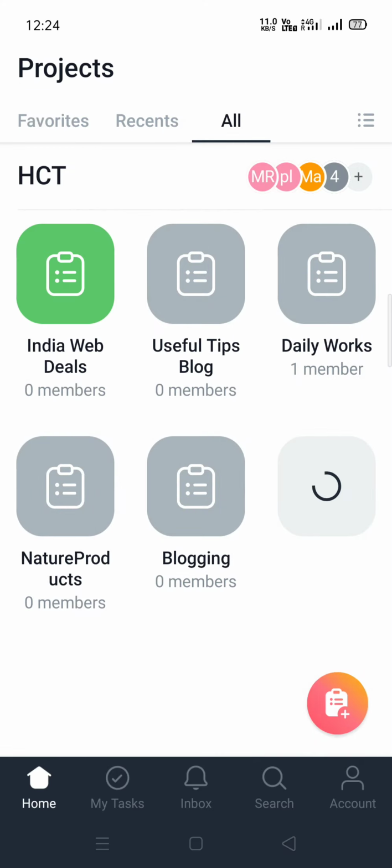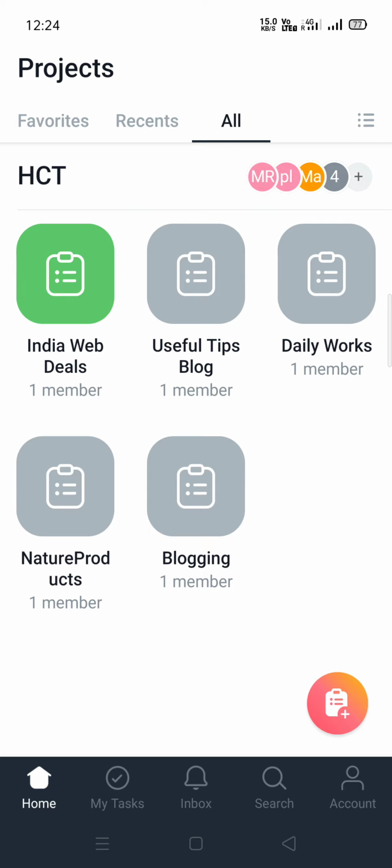So this is the app. Here you need to create the project, which I already created, and under that there will be sub items like India web deals, useful tips blog, daily works, nature products, and blogging.